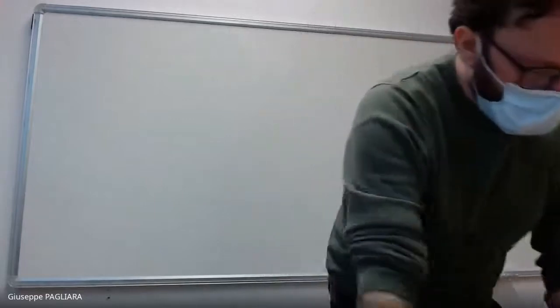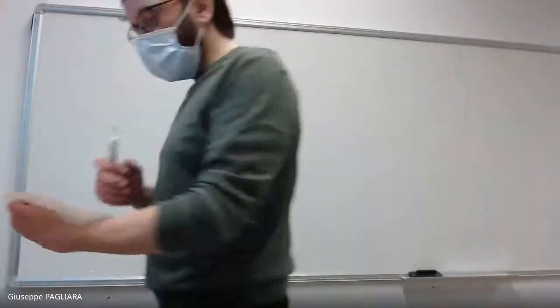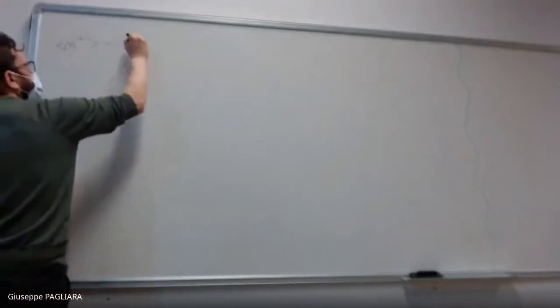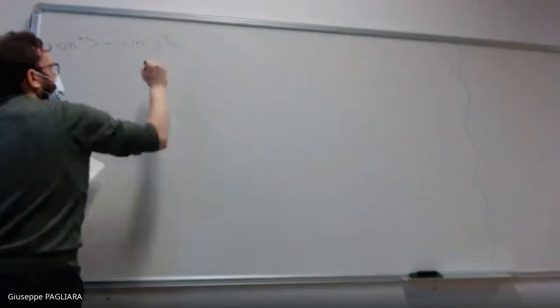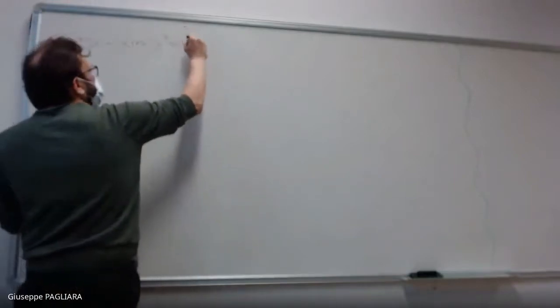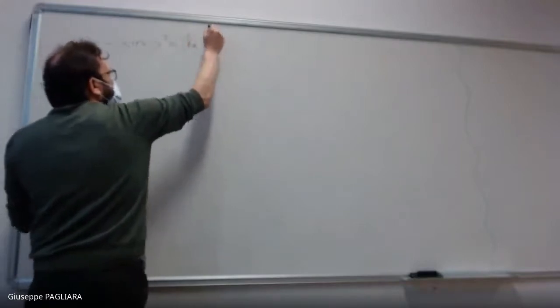Now I want to discuss a little bit more the issue of fluctuations. So let me maybe start from this. At some point we derived this quantity here, N squared average minus N average squared was kBT squared, sorry,